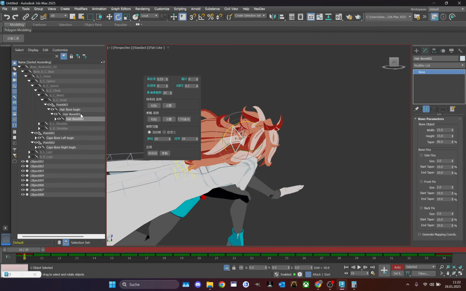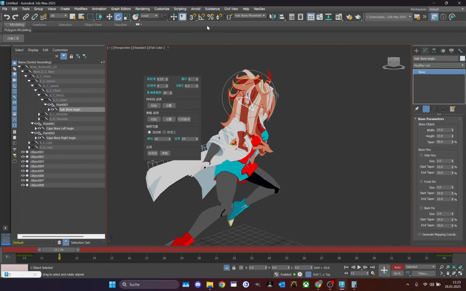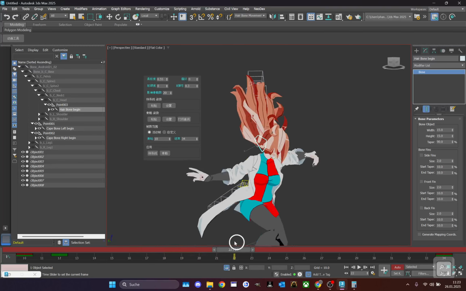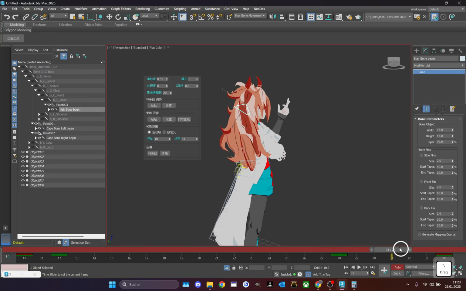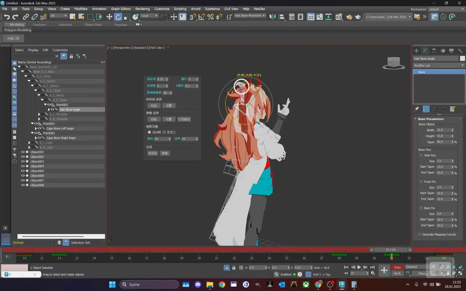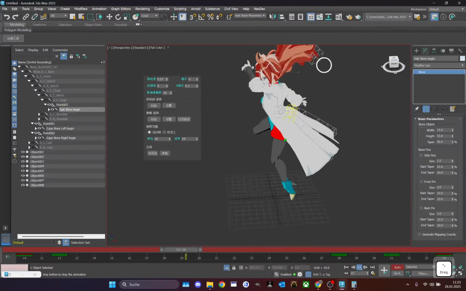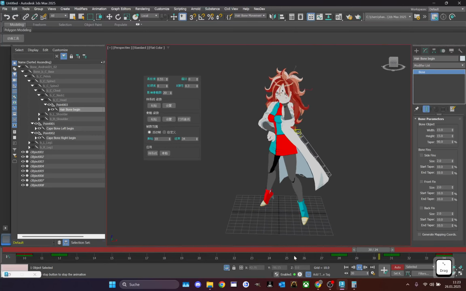So the second bone has the cape animations, but the first bone of the chain does not. We can take a look and see that it goes through here, and we change it by rotating the cape outside. As you can see, it changes the whole animation. We're going to look through the whole animation to check that it doesn't go through the mesh anymore, and then it should be fine. So the first hair animation is done, and let's do the same for